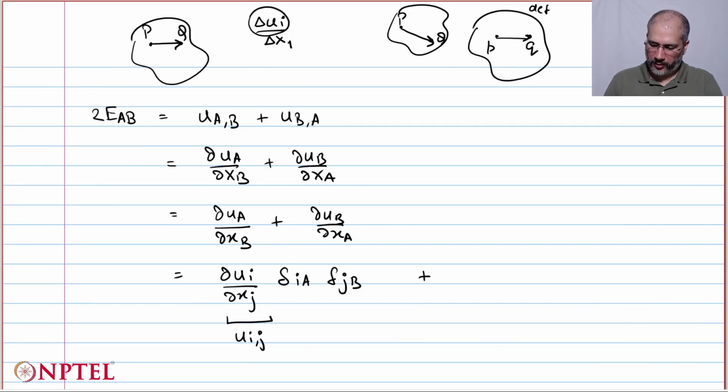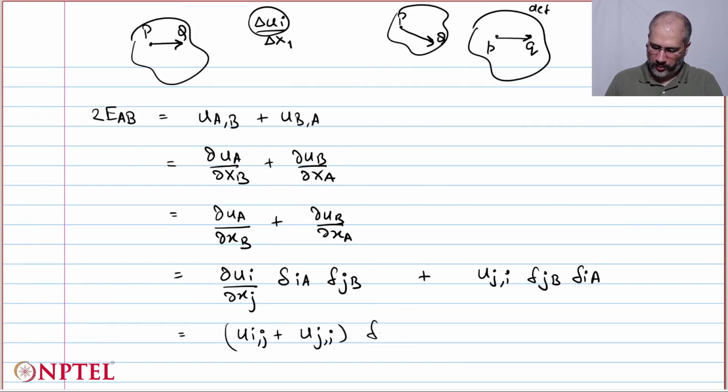And the second term can be written as u_j,i times delta_jb delta_ia. And what is this? This is u_i,j plus u_j,i times delta_ia delta_jb,